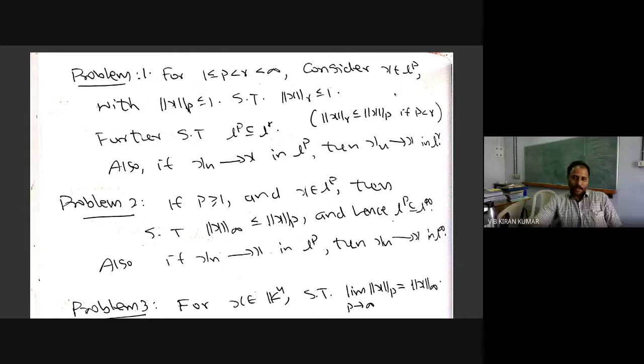Yes, sir. Okay. But something more is actually proved. Because of this inequality, you know that if xn and x are in LP, they are also in LR. So norm xn minus x in R will be less than or equal to norm xn minus x in P. That means whenever xn converges to x in LP, you will obtain xn converges to x in LR also. Is that okay? Because of this, not merely are they subsets, the convergence is also preserved. So the topology is also carried as a subspace topology.